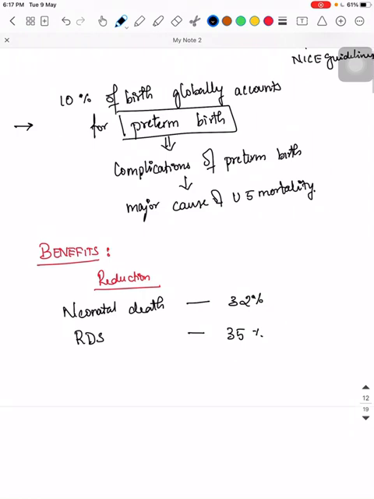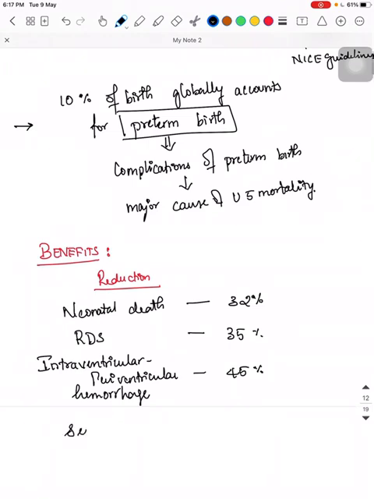There is a reduction in intraventricular and periventricular hemorrhage by 45%, and there is a reduction in sepsis during the first 48 hours of birth